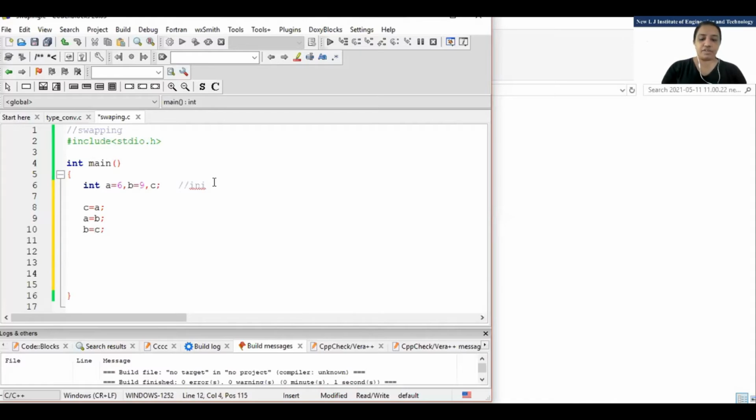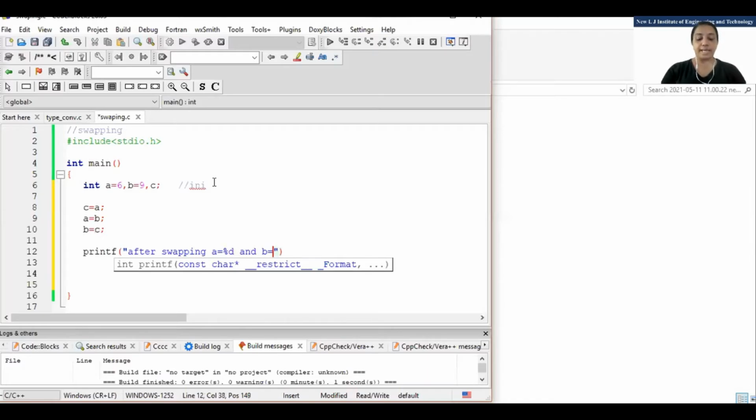Clear? And after that, I'll print the values using printf. After swapping, I need to write the values of A and B: A equal to percentage d and B equal to percentage d. One student had written only this, so the answer will not come; it will give garbage values.